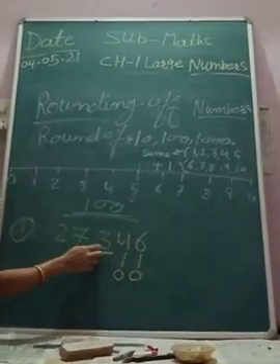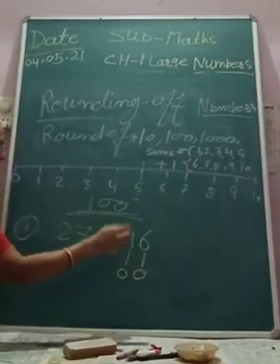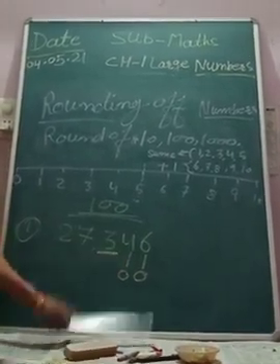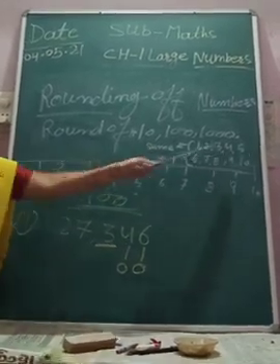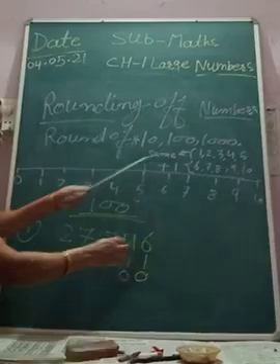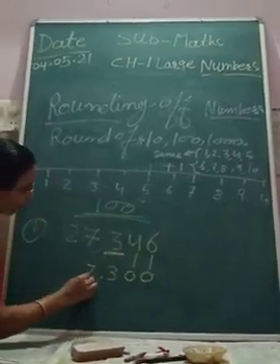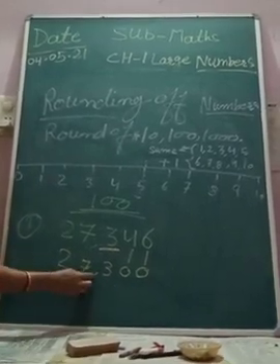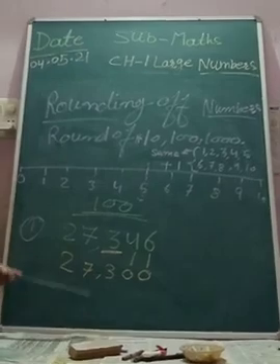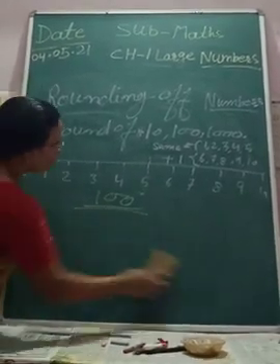Now just compare. I have told you, behind the digit you have to compare. Now this 4 is in which group? First group or second group? Now 4 is in the first group. So what you have to do? You have to write the same. This 3 will stay the same here, and copy down all the digits. It means your number will be 27,300. Simple. Same way, suppose you have to round off to 1000.